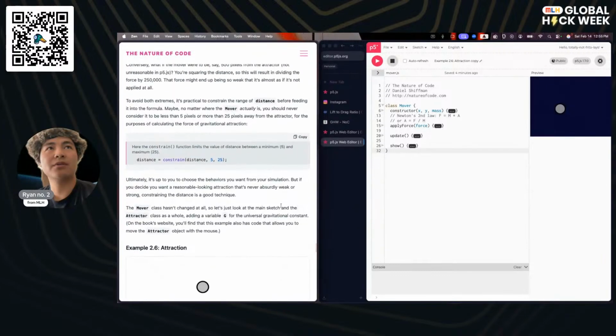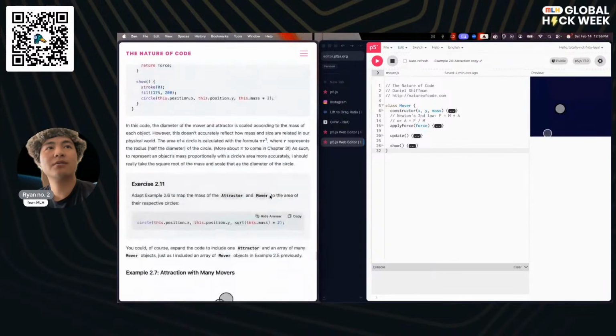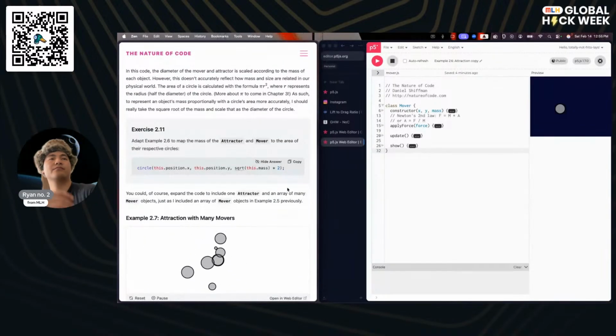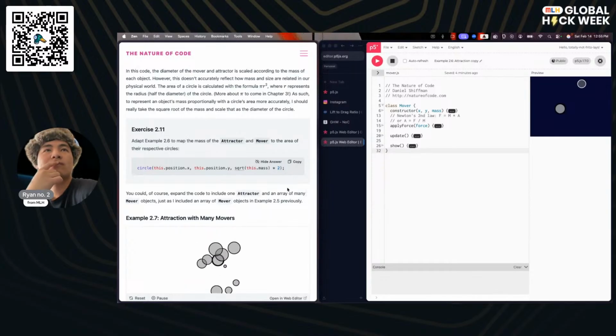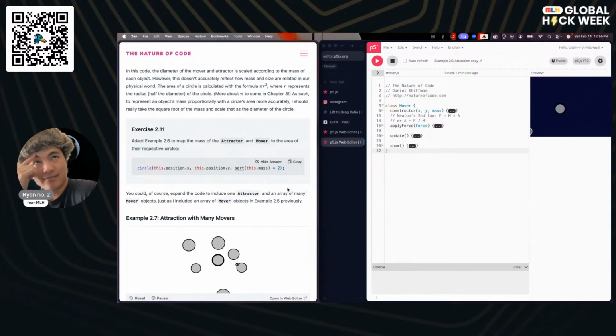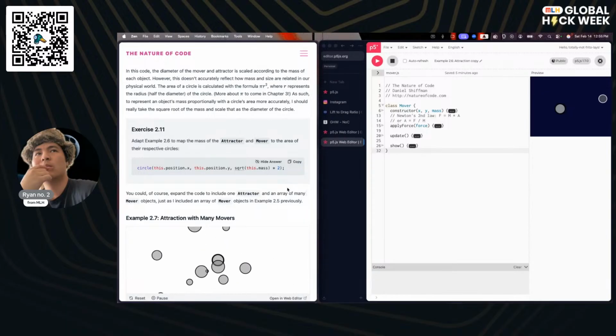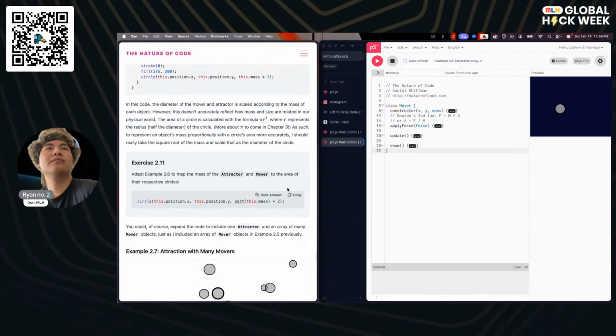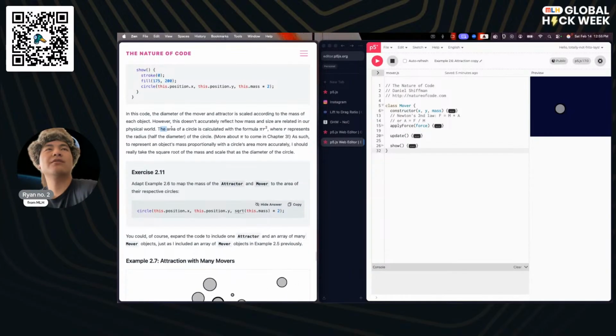Why is there a square root there? To the area of, oh, wait, square roots times 2. Is that because the area of a circle?